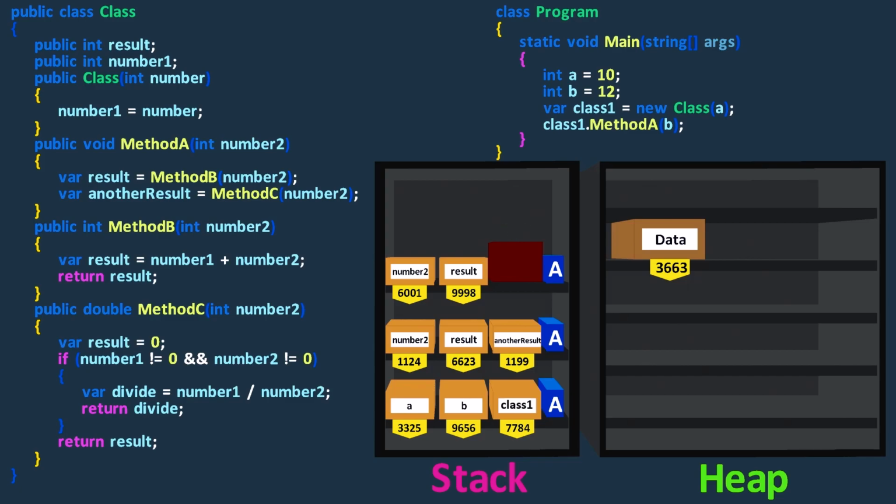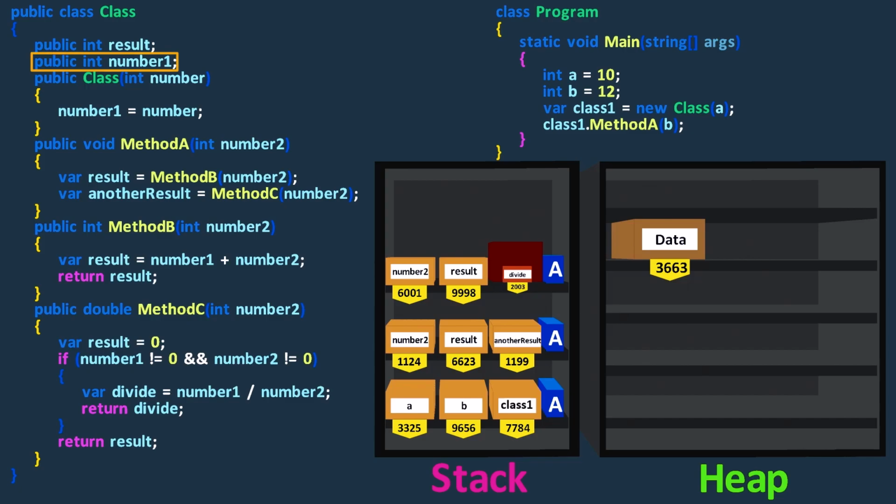If it's not found there, it searches for the number1 variable in the stack frame and then in the object where the method is defined, finding it in the object. The same process happens for the number2 variable, which is found in the stack frame. Then, we store the result of dividing these 2 numbers in the divide variable. This variable is placed in the space reserved for the if block within the stack frame. Therefore, the divide variable has block level scope.